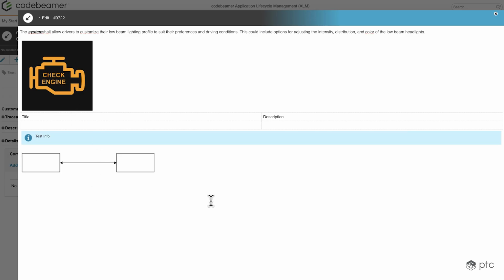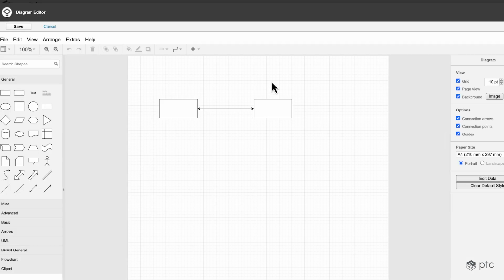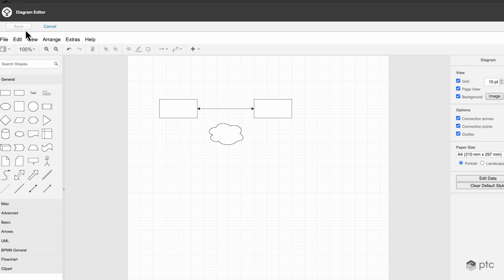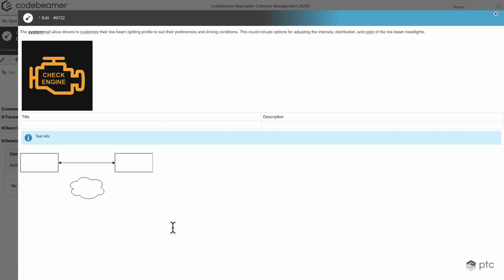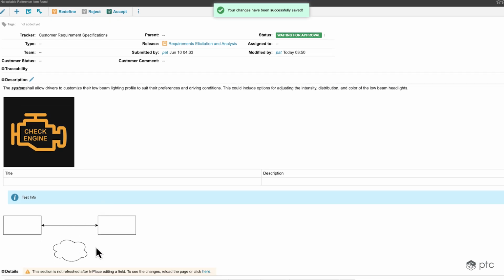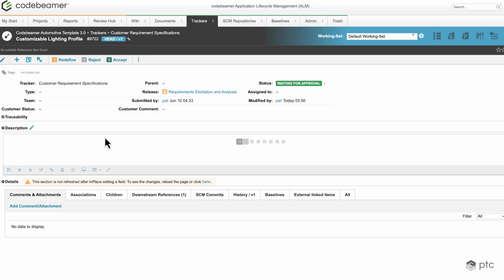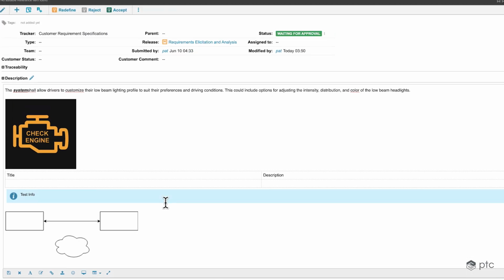Of course, if I want to go back and edit this diagram, I can do so by double clicking on it, and then we're going to be prompted back to the previous window, and I can do any modifications I'd like to. If I save it, it's going to be updated. Again, if I save the changes, these changes are going to be visible in my requirement. Let's just go back and check out some of the other features as well.